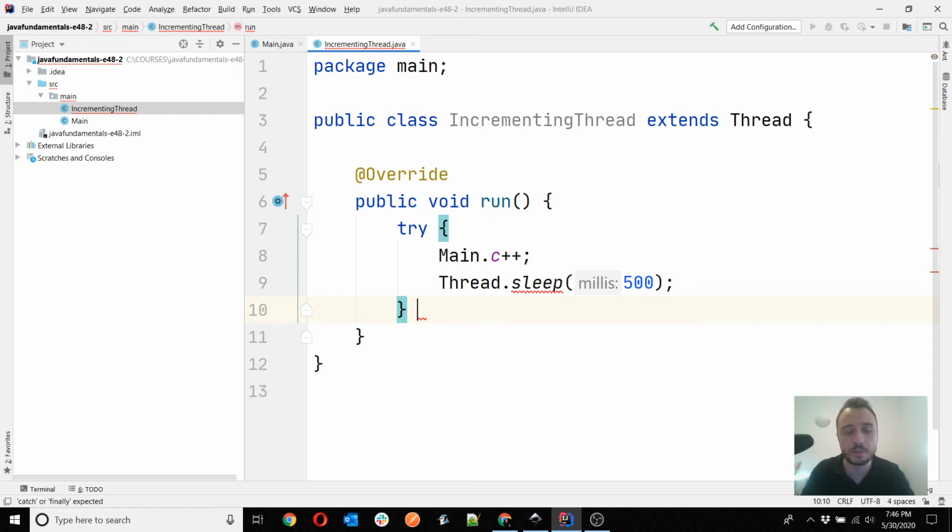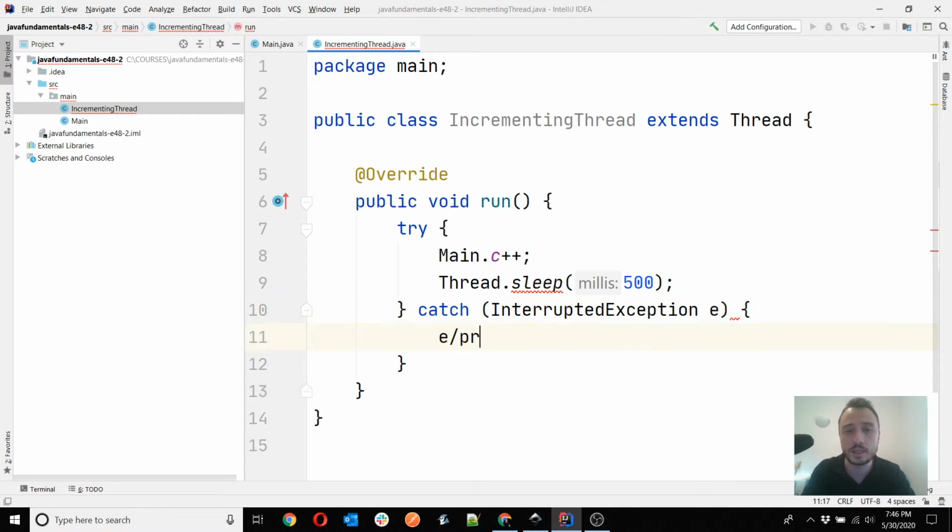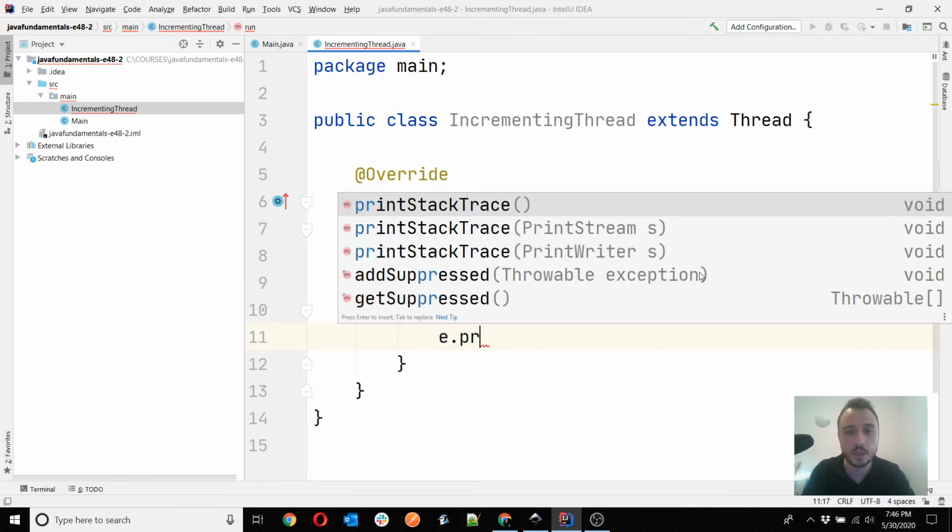That's its whole purpose. So it's a very simplified thread that is changing a resource that can be accessed by other threads as well. So I have to treat the interrupted exception again in this case because it's a checked exception.